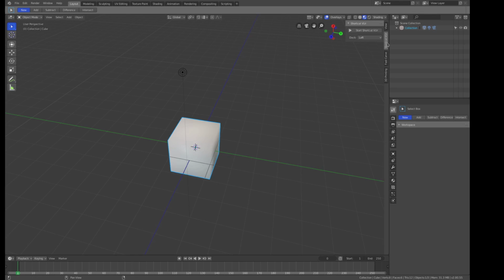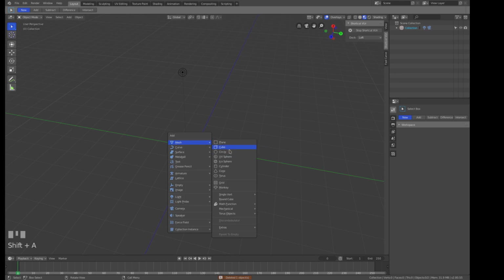So now that we got that advertising out of the way, I'm going to make a star, and to make a star in the built-in version,